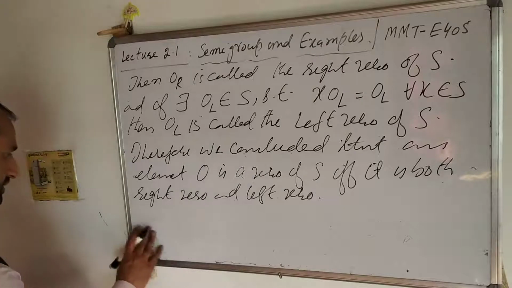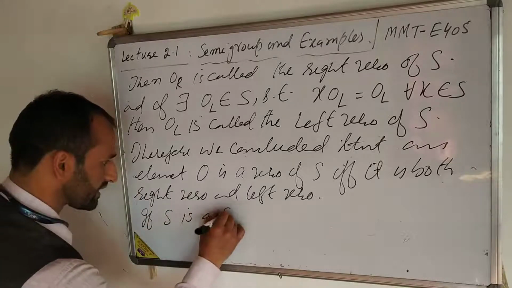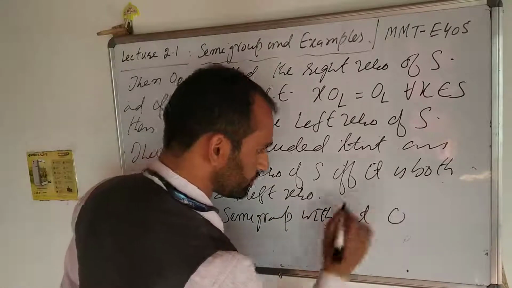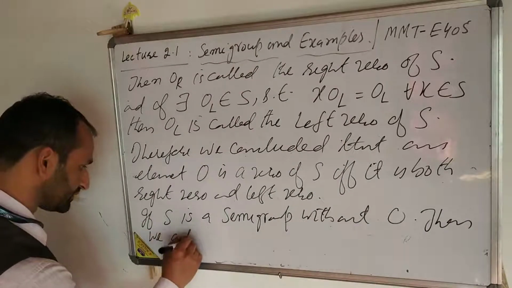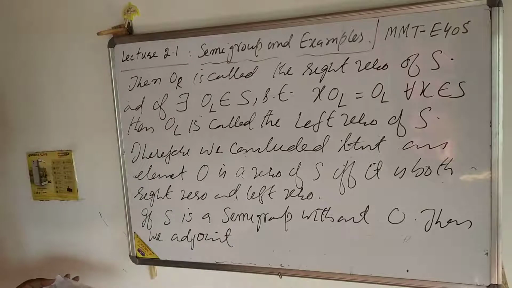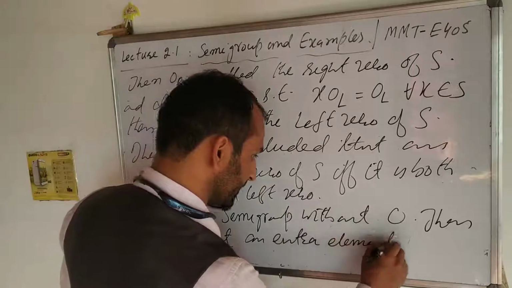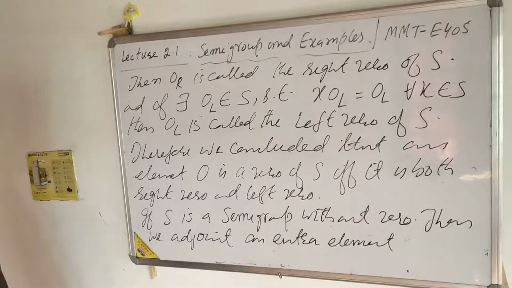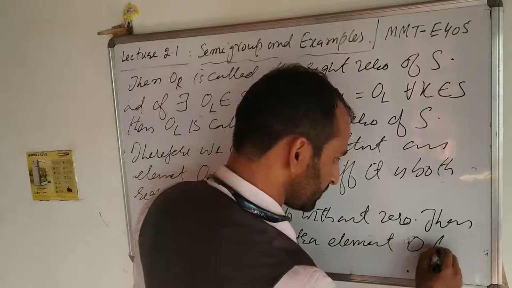Now if S is a semigroup without 0, then we adjoin an extra element 0 to S,